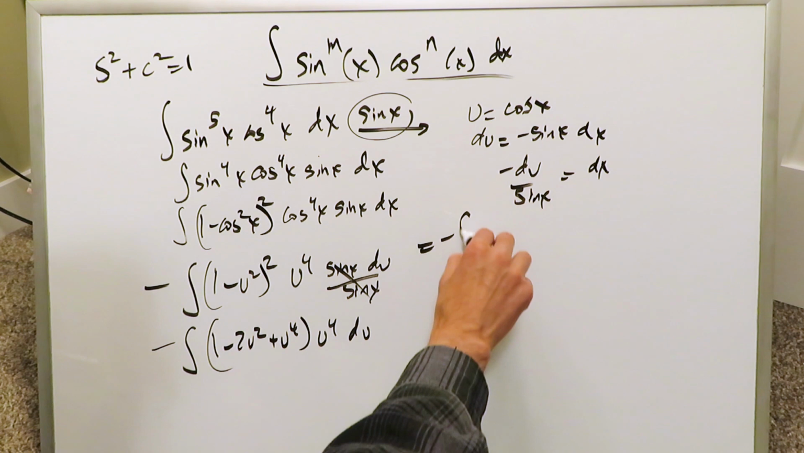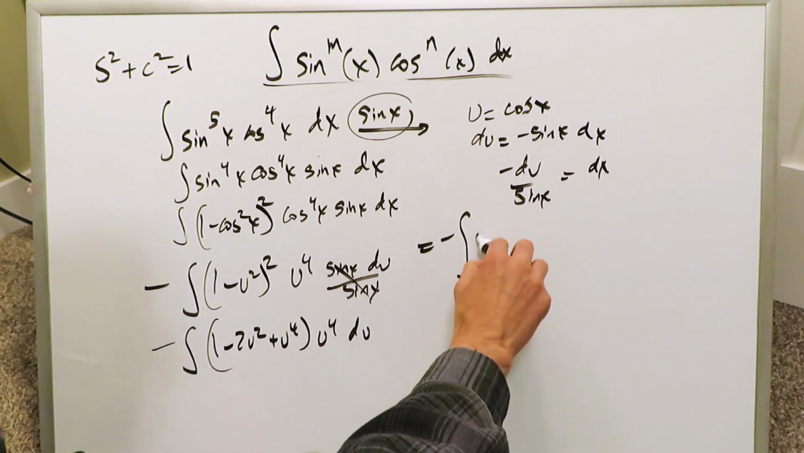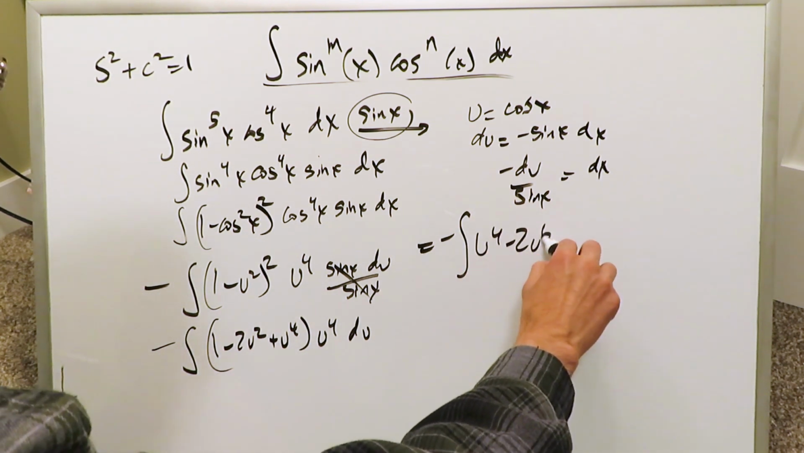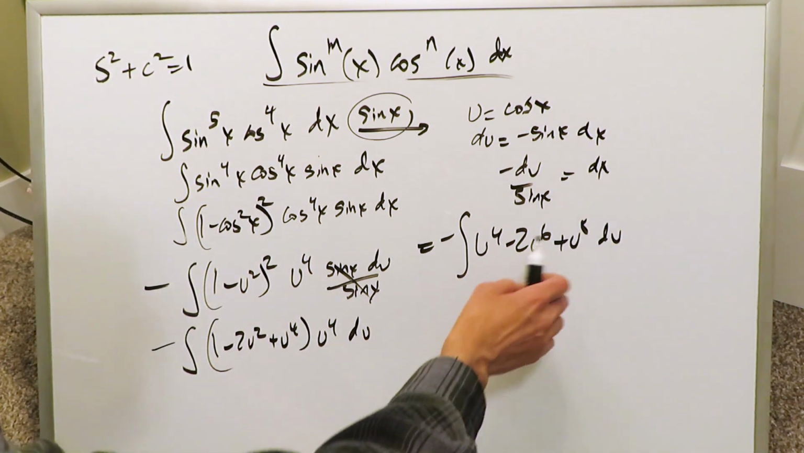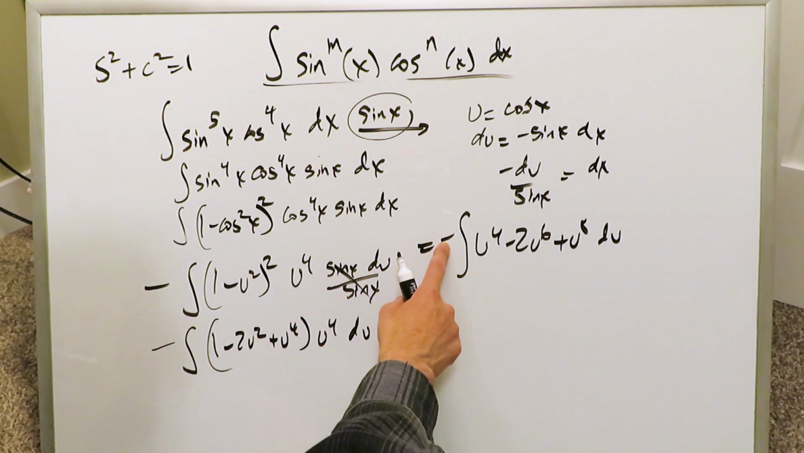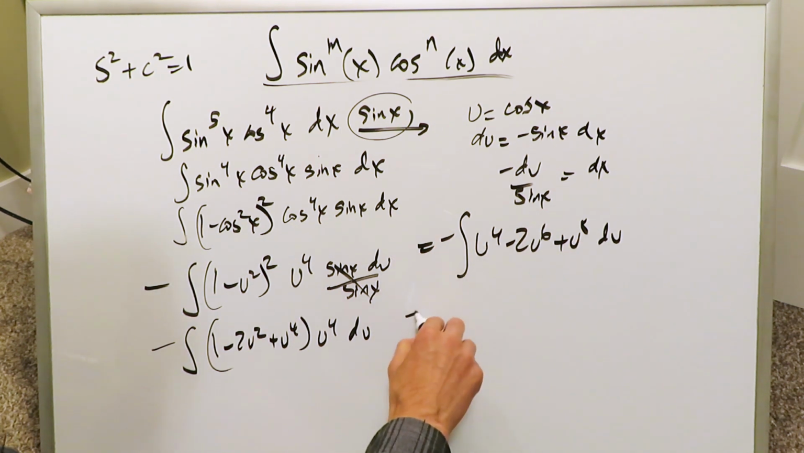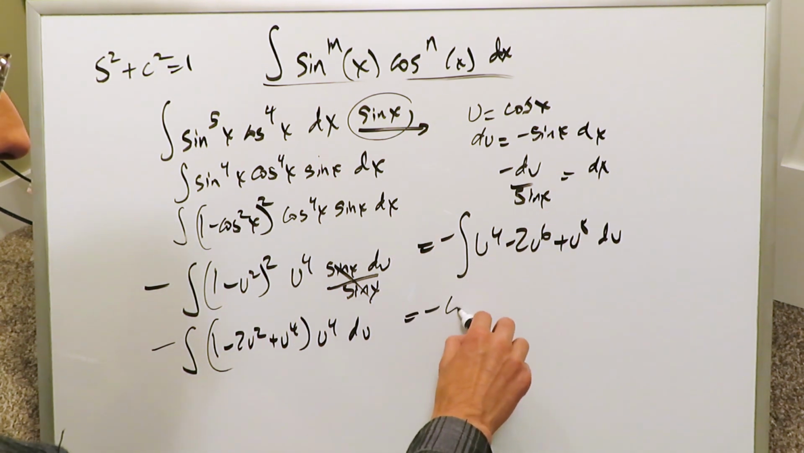When you open that up, this part right here, you'll have u to the 4 minus 2u to the 6 plus u to the 8 du. Now this part is easy. We can integrate it and substitute it and open it up with a negative all in one step. Our final answer will be this, minus cosine to the